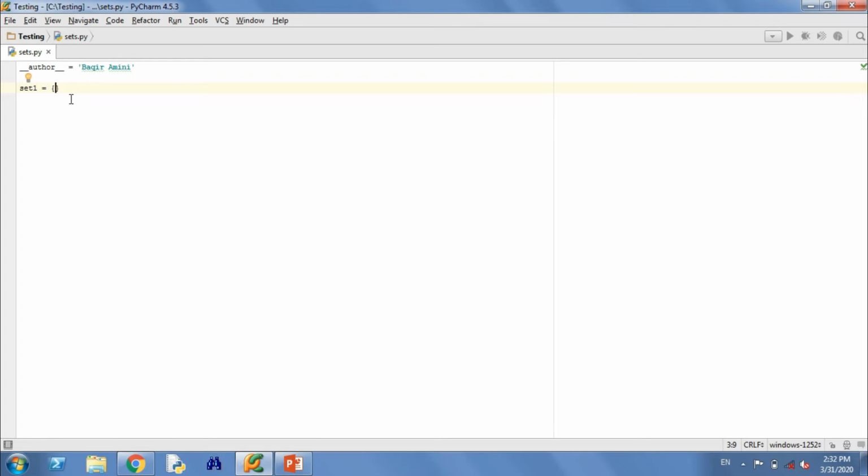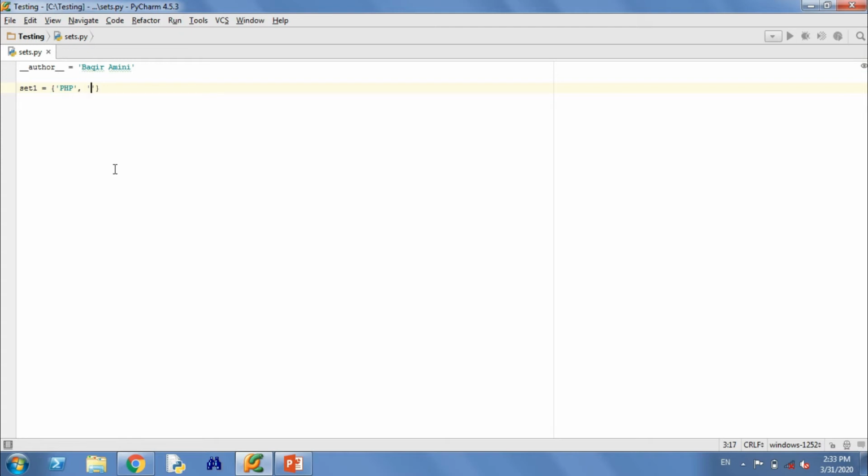Lists are created with square brackets like an array, and parentheses are for tuples. Today it is sets. Sets are declared with curly brackets. Remember it. Okay, our set is, for example, for programming languages: